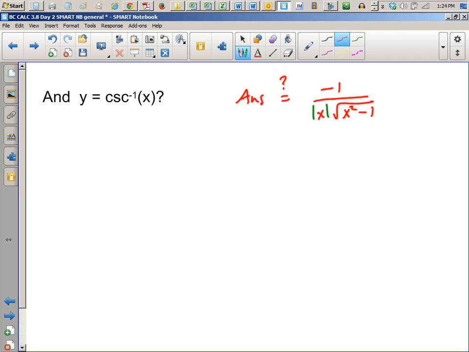Let's just draw the triangle and convince ourselves. So we write this as cosecant y equals x. Draw ourselves a triangle. Angle is y. Hypotenuse over opposite is x over 1. The third side would then be the square root of x squared minus 1. Taking the derivative implicitly,